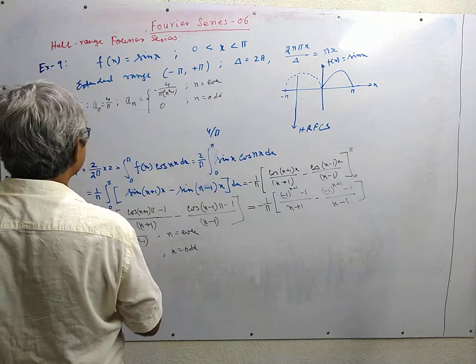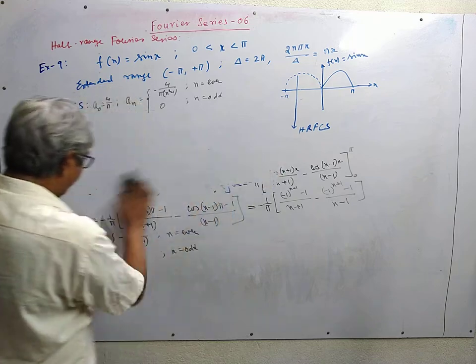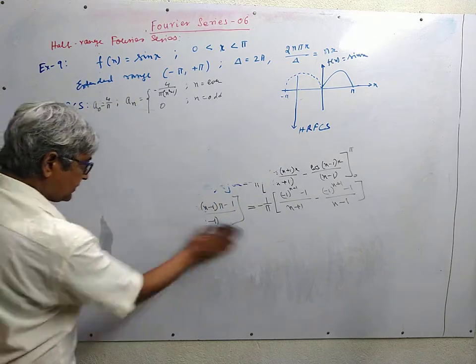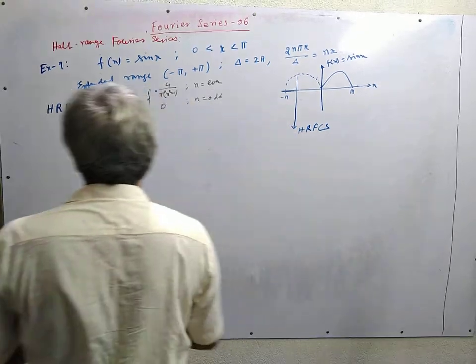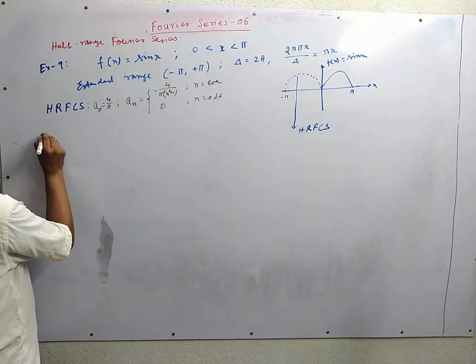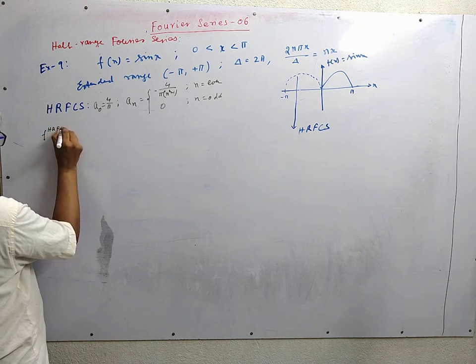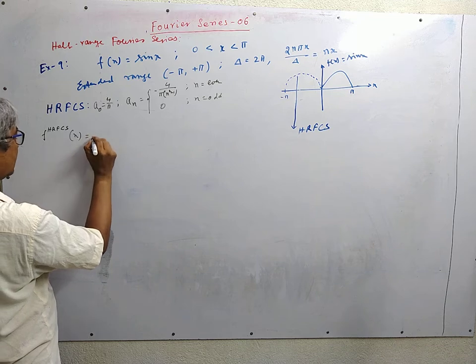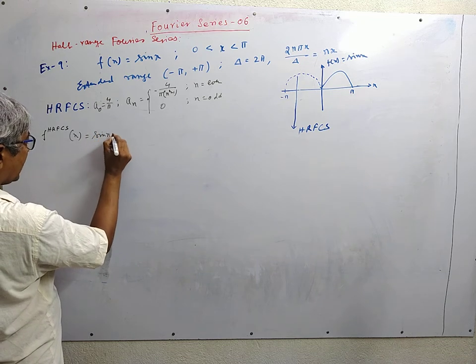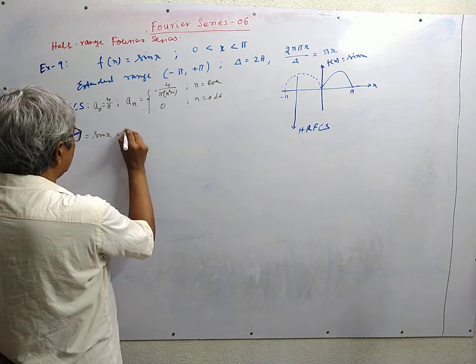So we can expand the series. The half-range Fourier cosine series expansion of f of x equal to sine x is thus